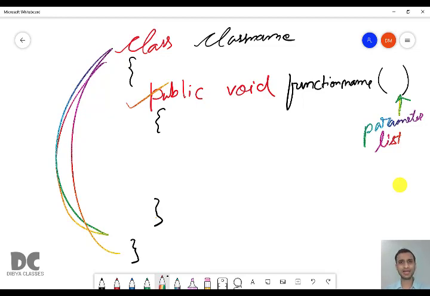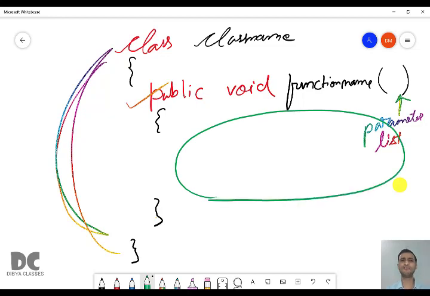Why are you writing class first and not public void first? Why are you writing the public void line? All these details you will be studying in class 10. For now, you just have to remember this skeleton of the program. Each program will have the same thing. Now, whatever you are going to write in this public void function will be inside this area.